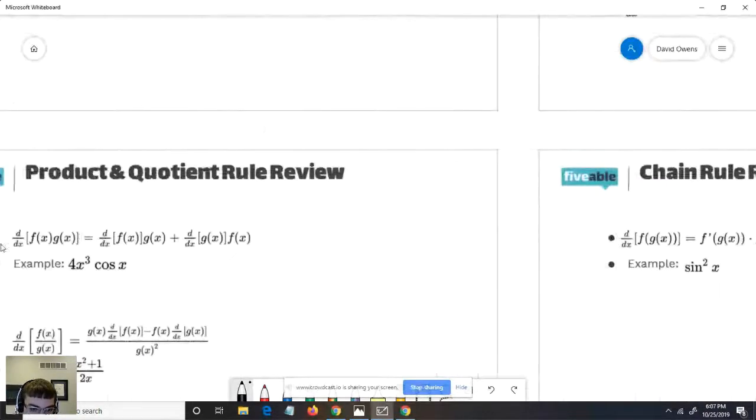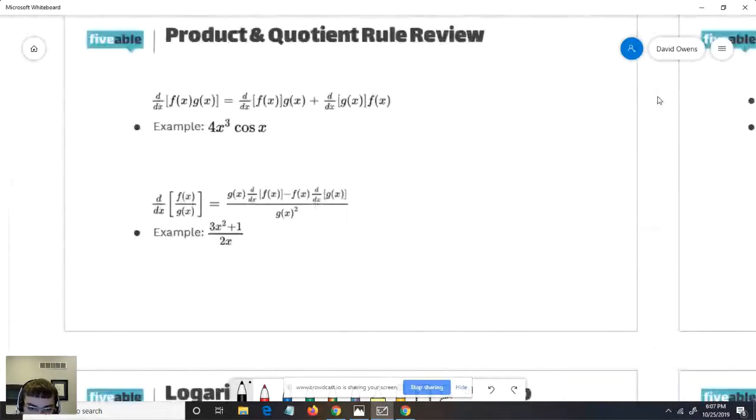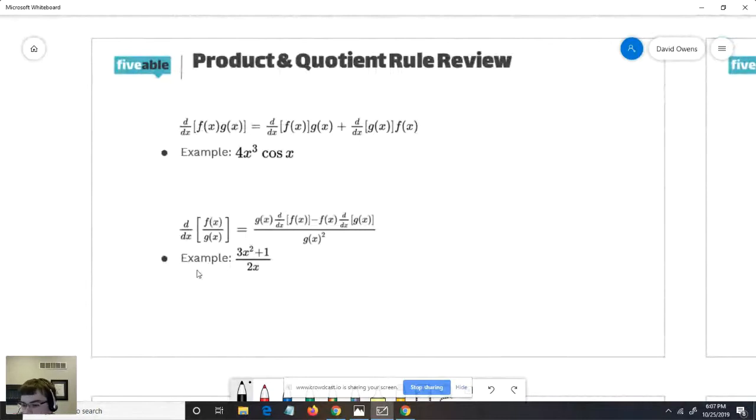All right, so next kind of group of rules that we're reviewing, and once again, if this is going a little fast, you can check my last stream where I go over some of these exact problems in more detail. So for the product rule is where you first start to have to do some sort of algorithm. So the kind of word way to remember this one is it's the first times the derivative of the second plus the second times the derivative of the first. And remember,